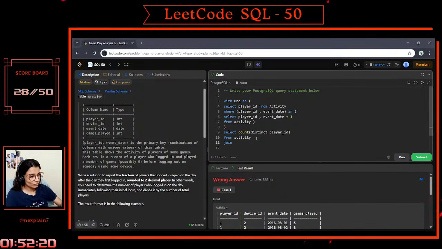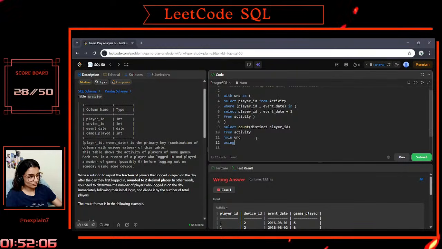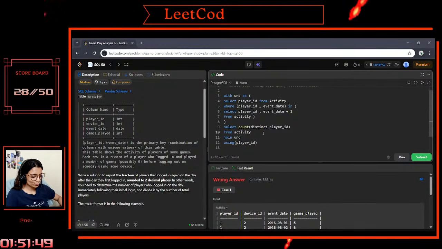Now I need to join, yeah, definitely, join using player ID, and this will give us a count distinct player. Now I need to specify where the player ID is coming from. So activity, I'll just name it as T1 and then another one as T2, and so distinct count of player IDs from T1 divided by the,